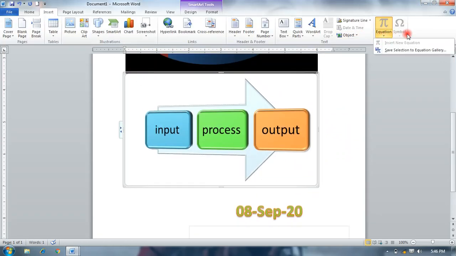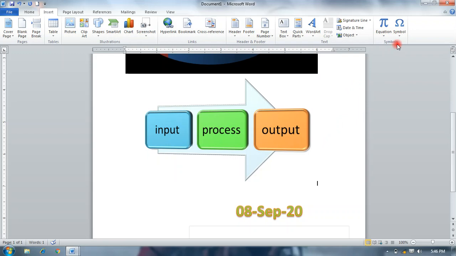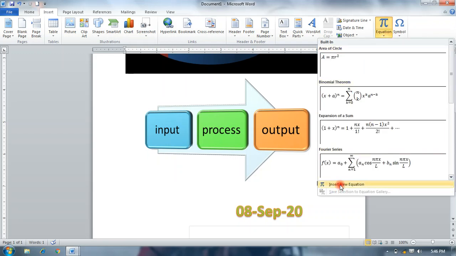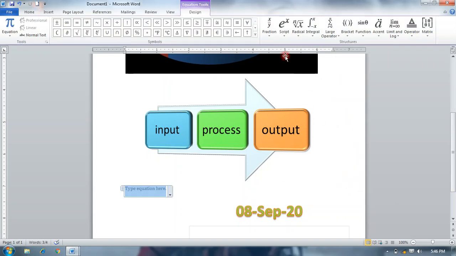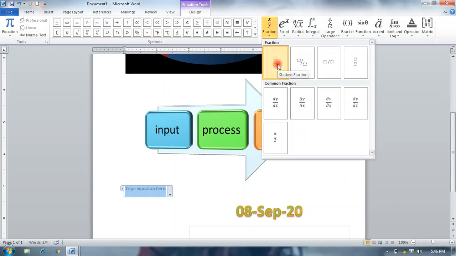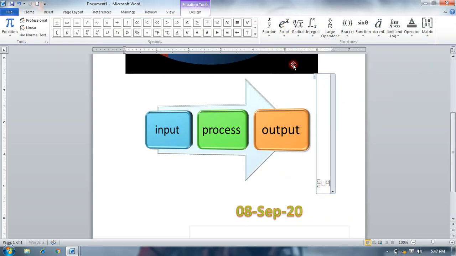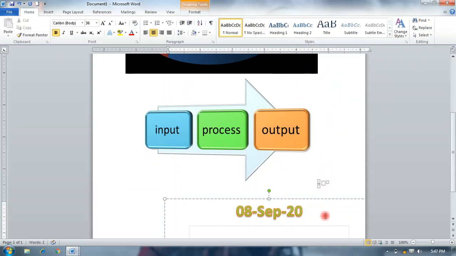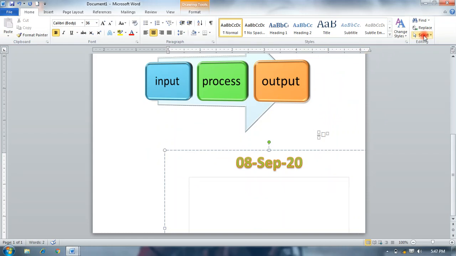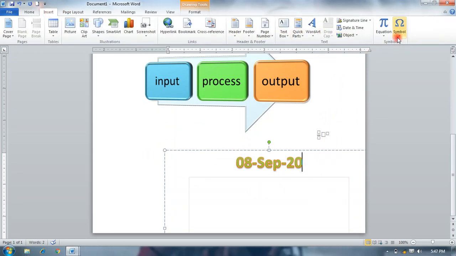Equation and symbols. We can insert an equation from this group, and this is used when we are doing science or math work to insert symbols or equations like this. Next and last is symbol.